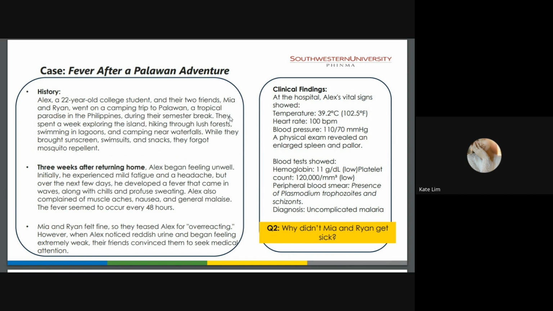Okay. Another reason could be immunity. So, as you go on to this case, you would know that the culprit of this case is Plasmodium vivax. And Plasmodium vivax is known to have a dormant stage in the liver. What stage is that again? It is the hypnozoite stage. So if Mia and Ryan had prior exposure to malaria, they might have developed partial immunity. So this immunity could be due to their body's ability to control the parasite, preventing it from becoming active